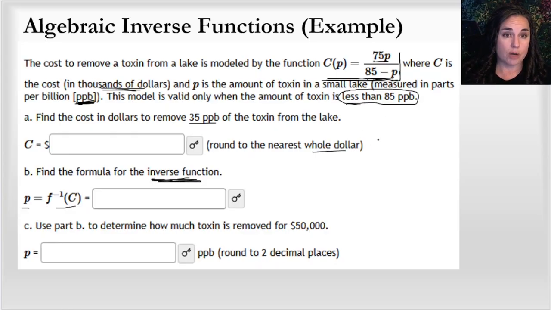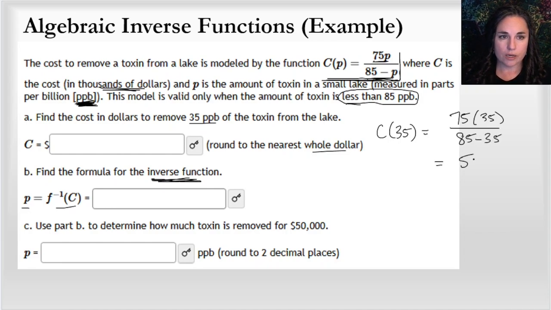So this doesn't seem hard. It wants the cost of 35. I can have 35 in parts per billion. That's what it says here. I can have it in parts per billion. So I get 75 times 35 divided by 85 minus 35. And when you solve that through, I think you get